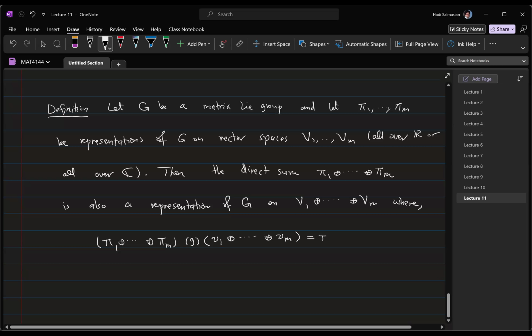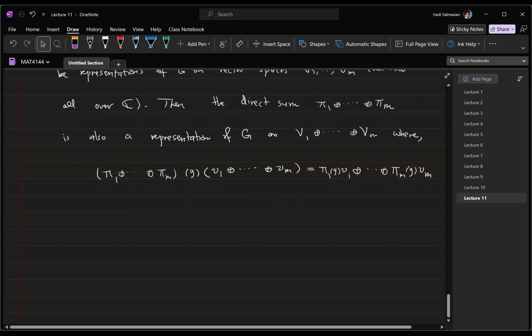It will be pi 1 g v1 direct sum up to pi m g vm, so it acts on each component separately. In other words, if I choose a basis for the direct sum space that's compatible with the choice of the Vi, which means first a basis for V1, then a basis for V2, and so on up to a basis for Vm,